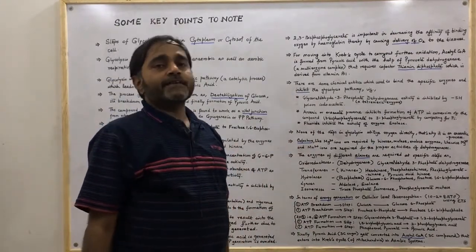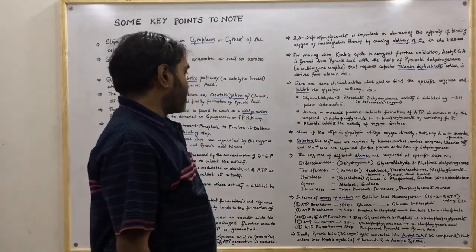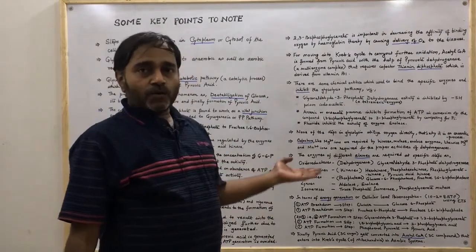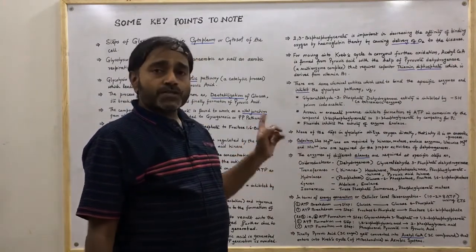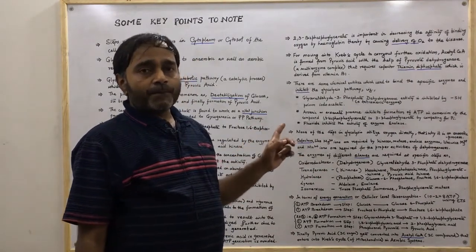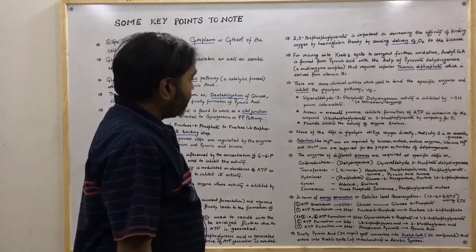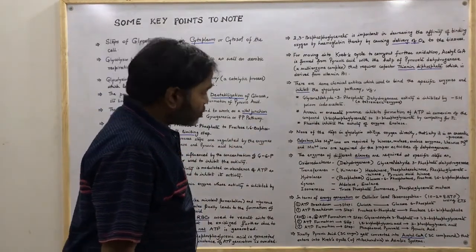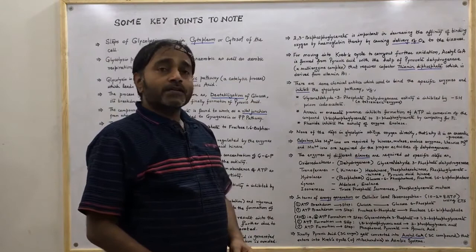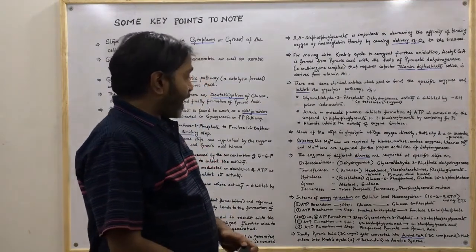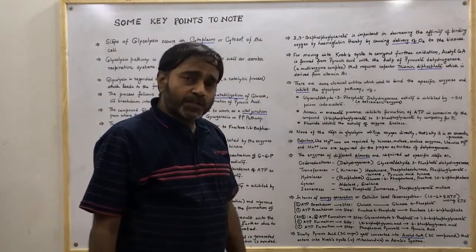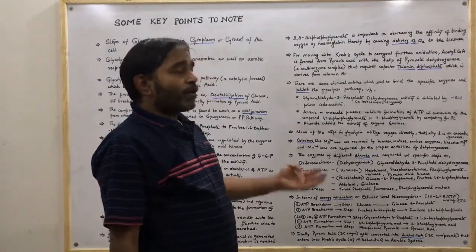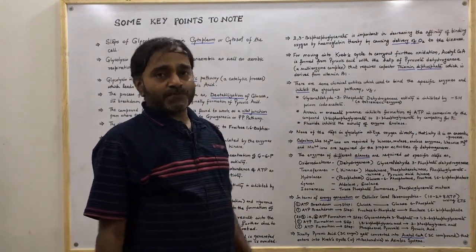What important lyases are there in this pathway particularly? Aldolase and enolase. These are two important lyases which serve for the conversion of the compounds in this pathway. And what is the next enzyme? Isomerases. And what are those? Particularly triose phosphate isomerase and phosphoglycerate mutase. So these are the important isomerases in the glycolysis pathway.